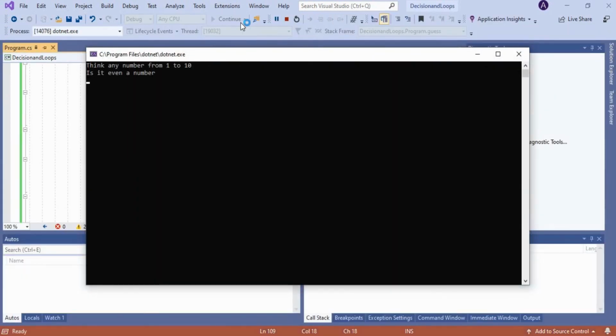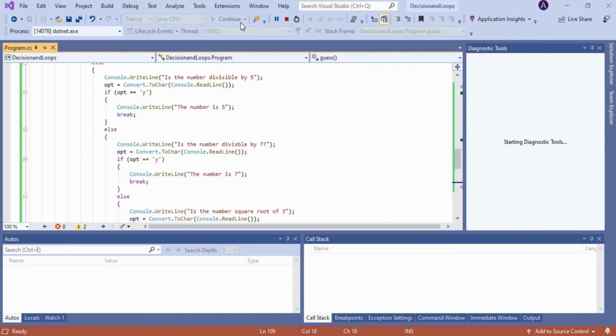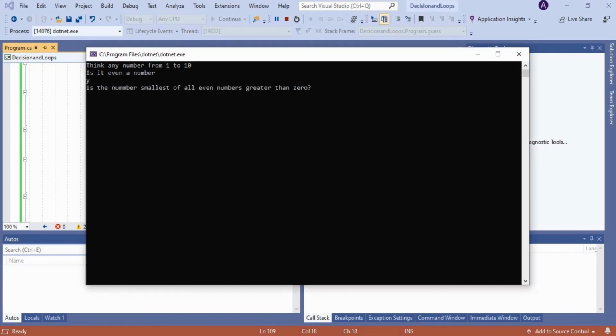Initially it is asking whether the number is an even number. So we can think of a number, 6, right? 6 is an even number. I am giving yes. Is the number the smallest of all even numbers greater than 0? It is not the smallest even number, so I am giving n. Is it the cubic root of 2?